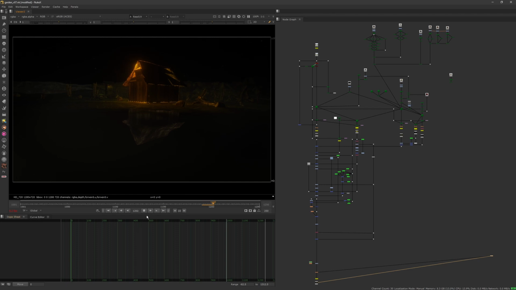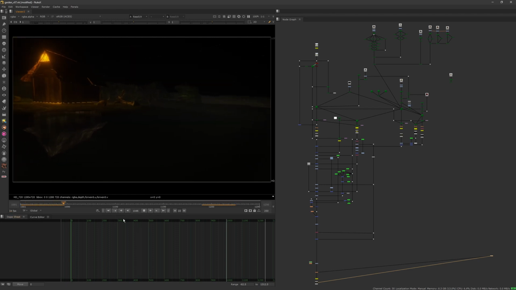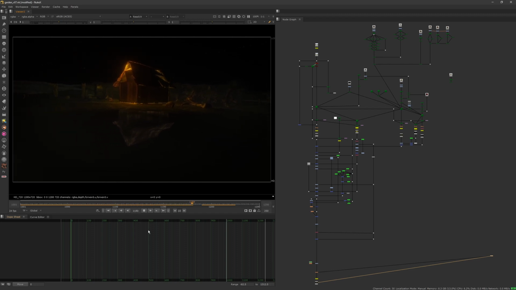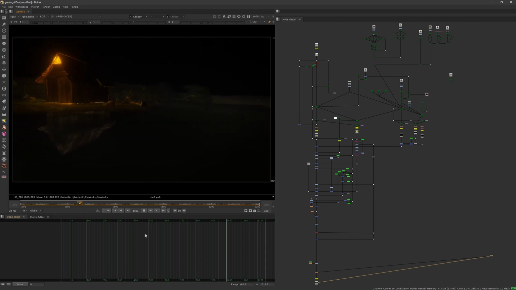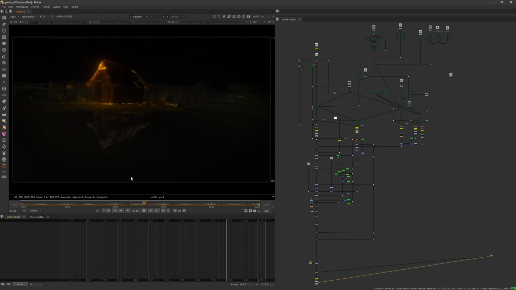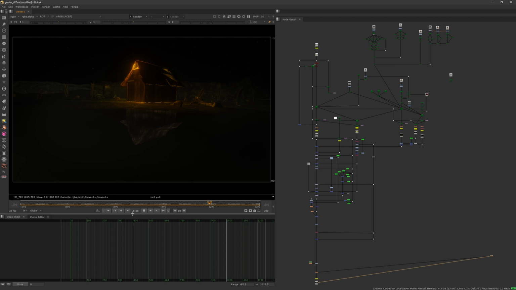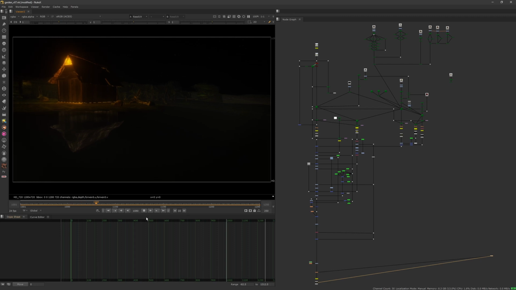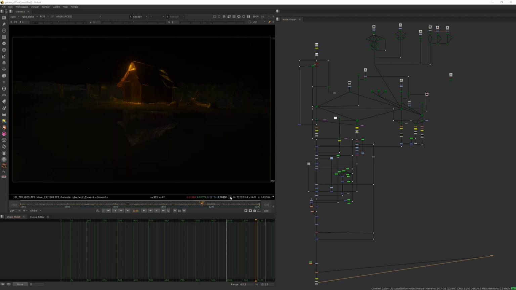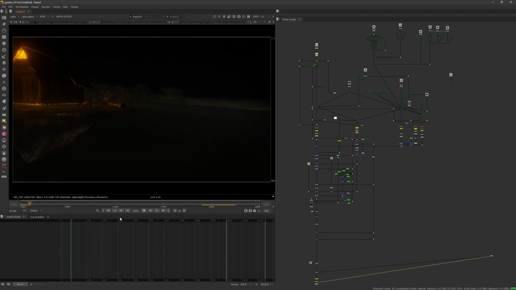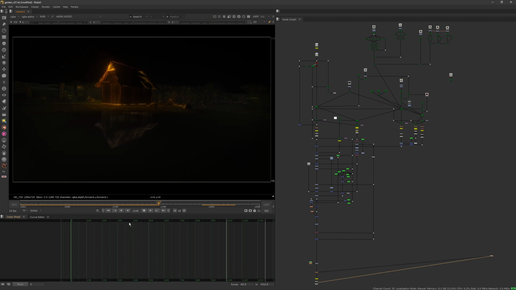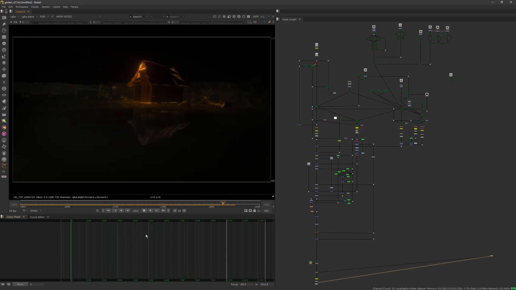And this I'm just going to play back again to show. So what you guys can see here, of course I didn't render with high sampling on the geometry yet, because I'm testing stuff. So that's why it's blinking, the geometry. There's anti-aliasing on the bottom of the cabin. I did some effects on the cabin itself using PMATs just to test how it looks, because you are look developing stuff at the same time, and the reflection doesn't have that, obviously, so I'm going to have to do it in a different way. You can see the stump, so the environment is starting to look like there is light coming from the cabin,